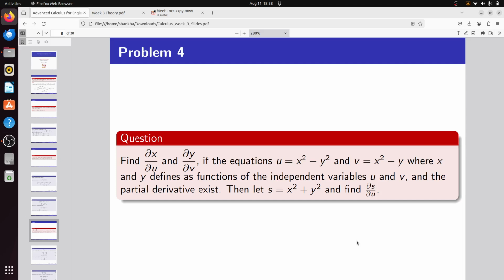Yes. Will you give it some try? Then you can try. Okay, just give some try to this problem. So I can give you some suggestion. You can try writing x and y in terms of u and v if possible. I don't know whether it is possible or not. So you can try like that.